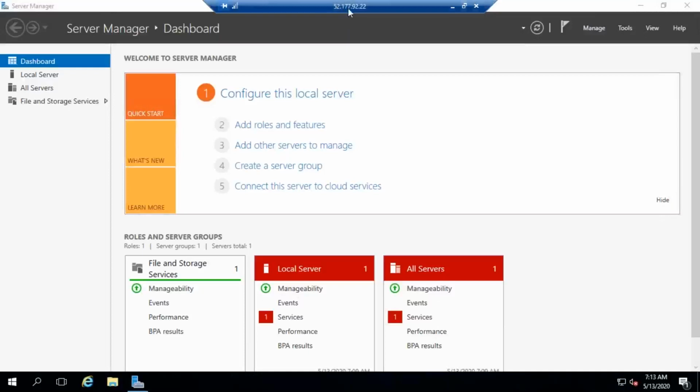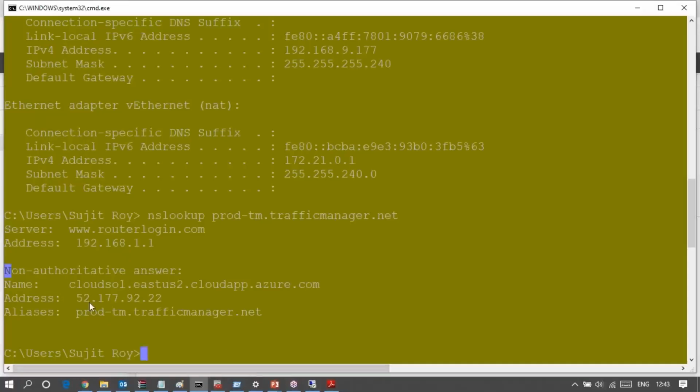So you are getting a response since you are calling the traffic manager, but you are getting the response from my load balancer. Actually you are getting the response from my virtual machine that is added behind the load balancer. So anything running behind my load balancer, any web application service or something, you can get access to it. Now, if you wish, you can create an alias record for your trafficmanager.net.